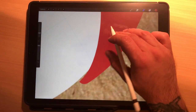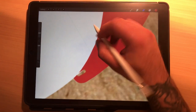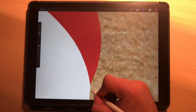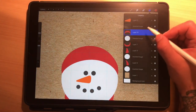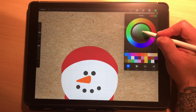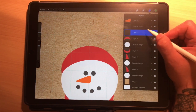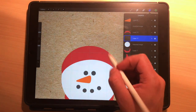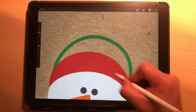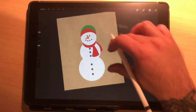But as far as this one, it's coming too far in with the red, so we need to even that up. Okay. Now let's do one more layer. This, we're going to do a green color, and this is going to be the top of the stocking cap. We actually want this one to be behind this part of the hat. So drop that layer down, like that. So basically, like you can see, we're just using basic shapes to form what the snowman's going to